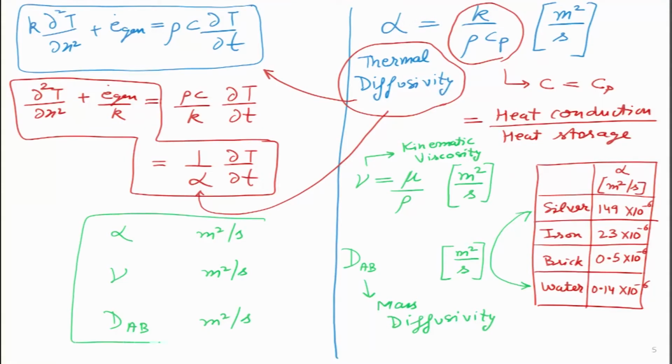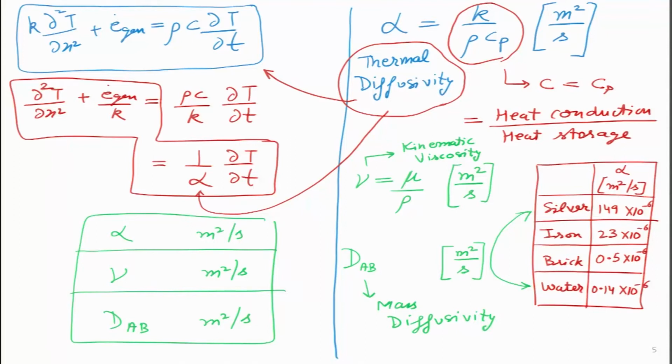So, this is something that we will study in the later lectures of this course, and it so happens that in nature all the equations turn out to be very, very similar. So, whether it is the mass diffusivity, the heat diffusivity, or the momentum diffusivity, all are similar. If we study one, then we have very good knowledge of the remaining two. So, this is the significance of this concept of thermal diffusivity, and in our immediate need we can also replace the ratio K divided by rho Cp with alpha in our one dimension heat conduction equation.